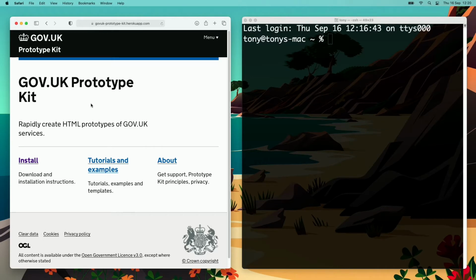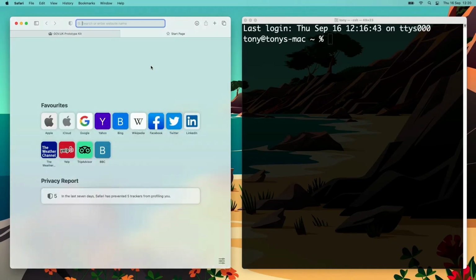In this video I'm just going to very quickly show you how to get set up with the GovUK prototype kit on your Mac. The first thing you're going to do, we're going to install what's called Homebrew. Homebrew is a software repository for command line tools. So if you open up a new tab in your browser, that's Command T if you don't know, and go to brew.sh,